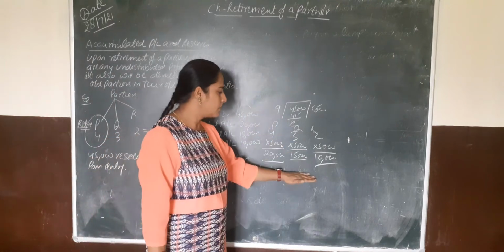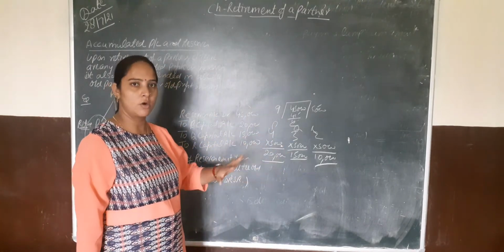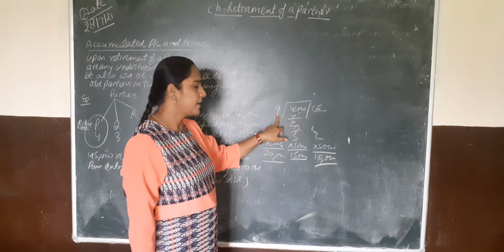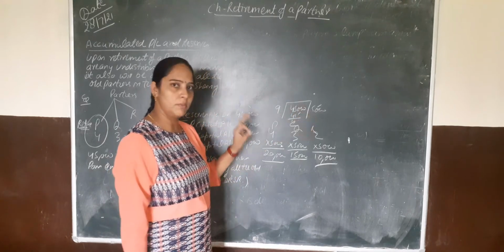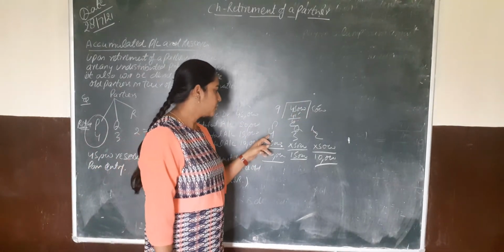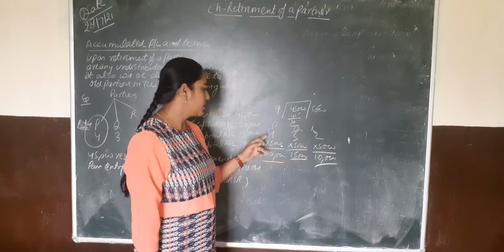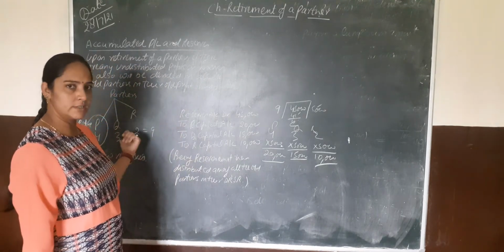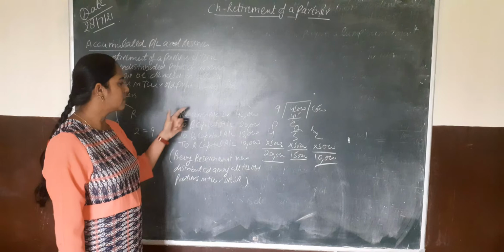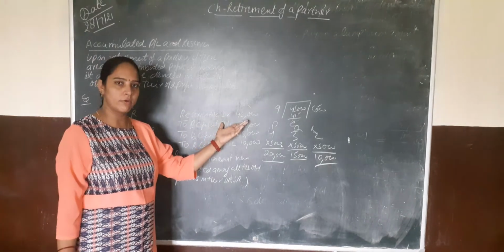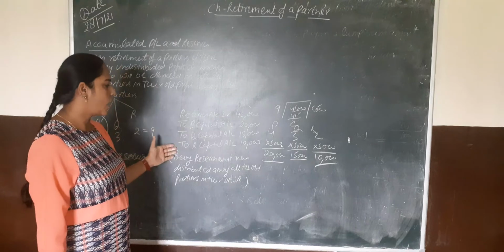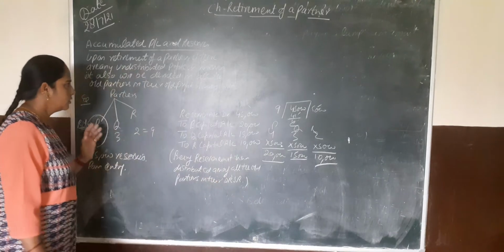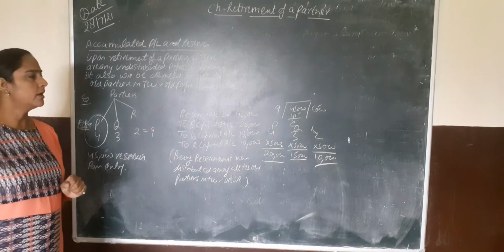First we will distribute the amount, how much each partner will take individually. The 45,000 reserve amount is divided by the total ratio 9, so 5,000 will be a single unit. P's ratio is 4, Q's is 3 and R's is 2. So P will take 20,000 in this reserve amount. The entry will be: Reserves account debit, total reserves shown in the books of account 45,000, and P, Q and R will take according to their old ratio. Okay, so this is the question related to accumulated profit and reserves.